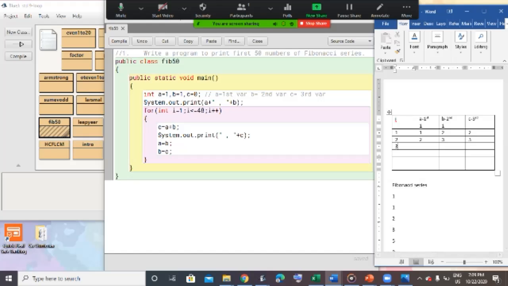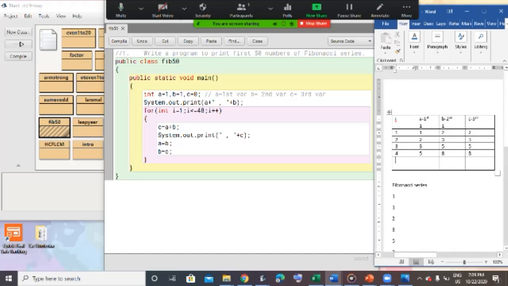When I increases to 3, C will add up to become 5. Then 5 is printed. After that A becomes 3, B becomes 5. Then when I becomes 4, C adds up to become 8. Then 8 is printed. Then A becomes 5, B becomes 8.